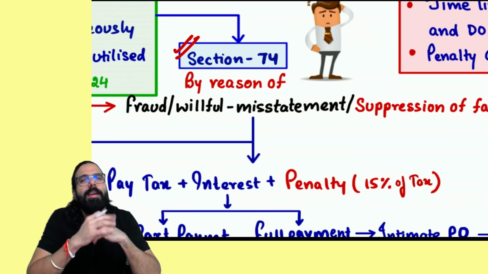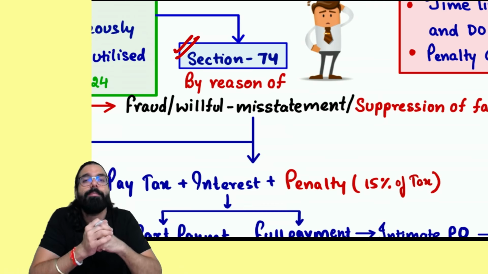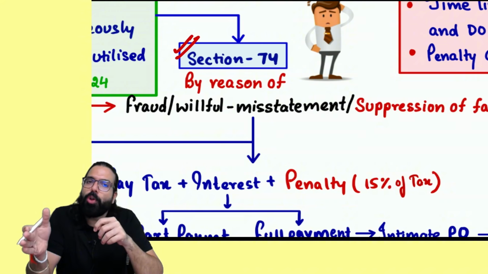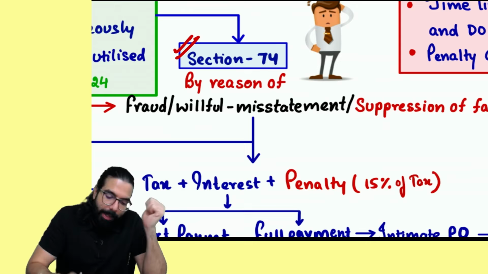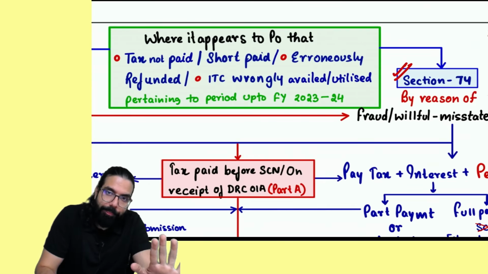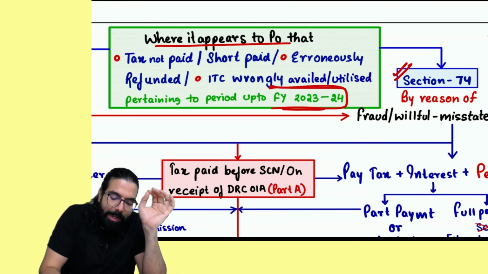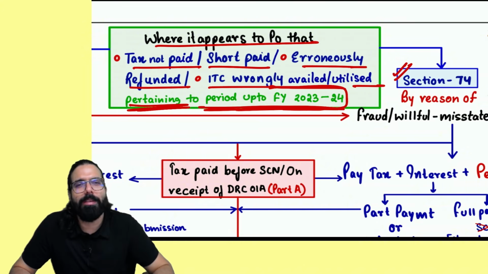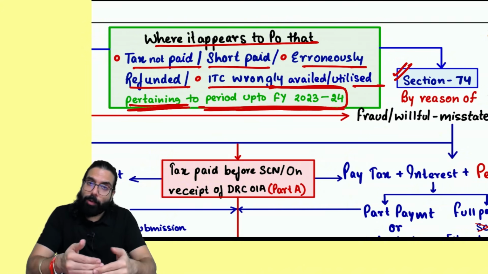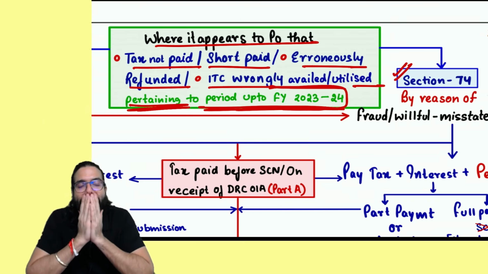Now, there were two separate sections, section number 73 and section number 74. 73 used to talk about the non-fraud case. 74 used to talk about the fraud case demand order. Now, these two sections are made applicable only till the financial year 23-24. They say that when it appears to the proper officer that tax is not paid, short paid, erroneous refund, ITC wrongly availed and utilized pertaining to period 23-24, it means till the year 2024, whatever demand order has to be given, the officer will apply either section number 73 or section